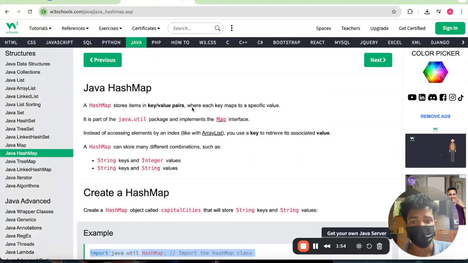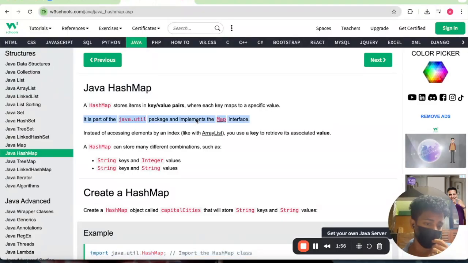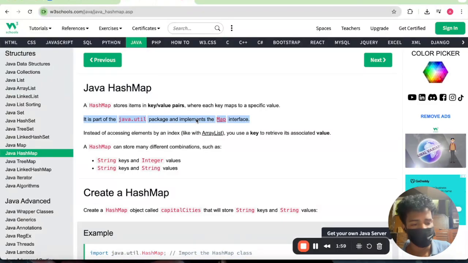Basically it implements the Map interface. What is the Map interface? We'll discuss it in another video. And what is an interface? We'll discuss it in another video. So what implements basically is